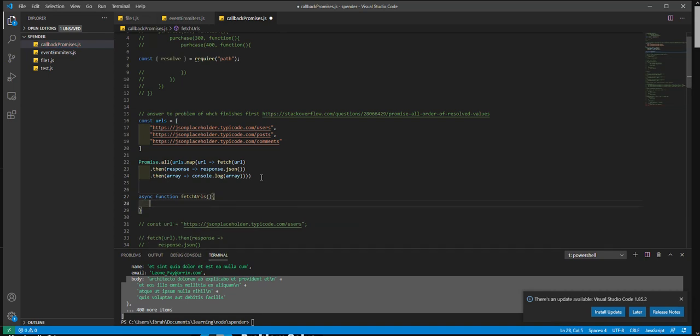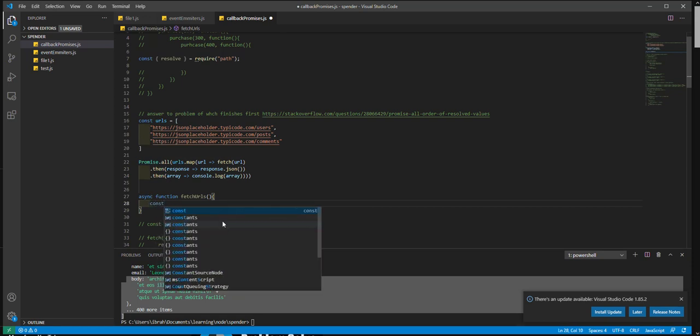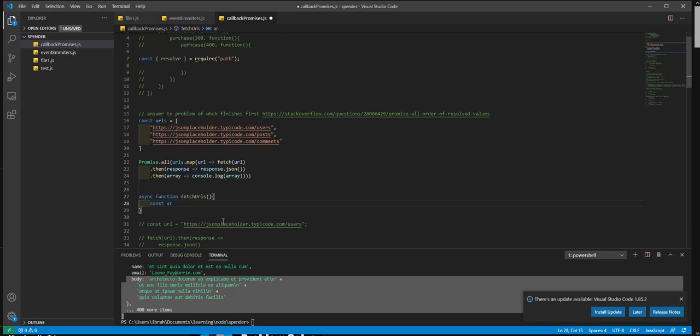In the body, we need, so each URL, so a promise. So this is actually a promise. So we can go like const arrays. Arrays would equal to Promise.all, and then